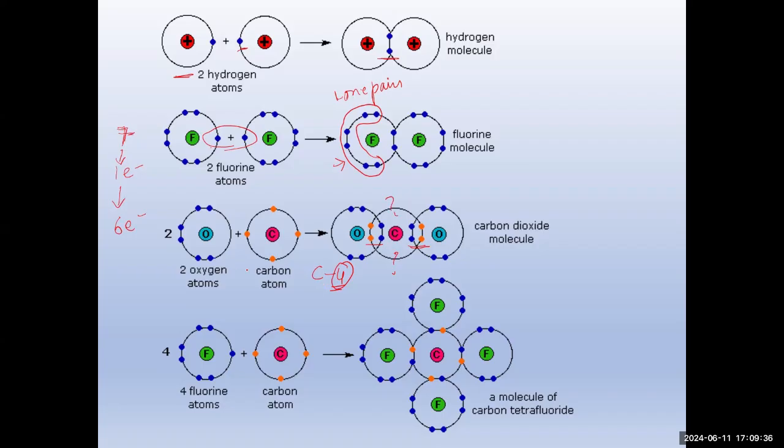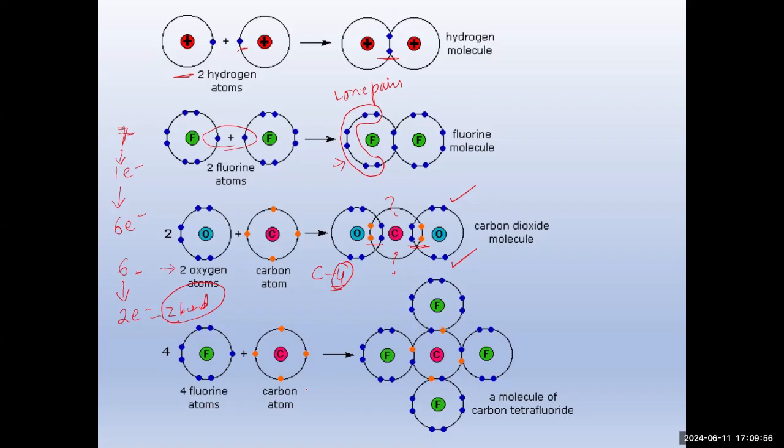However, for oxygen, we learned yesterday that oxygen is in group 6. Needing 2 electrons, it will make 2 bonds. That means if out of 6 electrons, 2 bonds are being made, 4 electrons are still left that you have to show in the last shell as lone pairs of electrons.